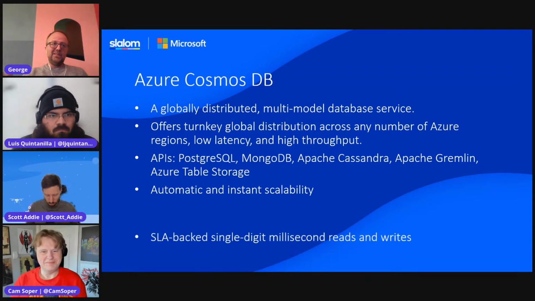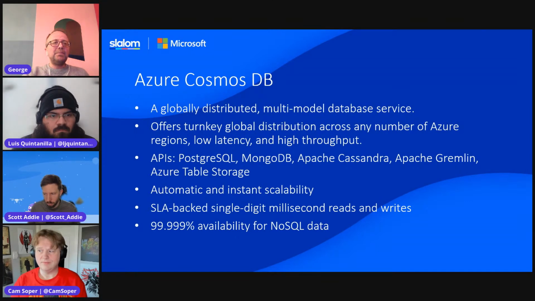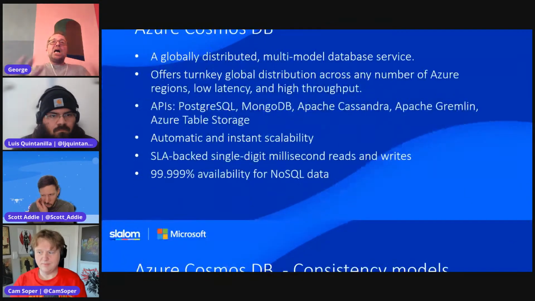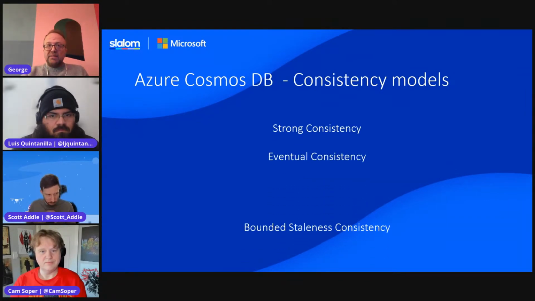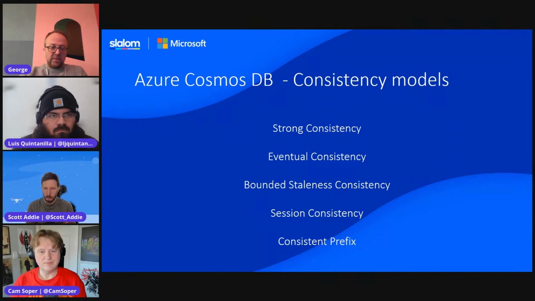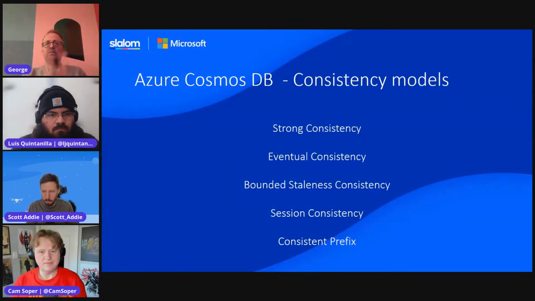Automatic and instant scalability, SLA-backed single-digit millisecond reads and writes, which is crazy, and 99.999 availability for the NoSQL data. It offers all of these things in 5 distinct models. Let me just check one second how we're still deploying. In 5 distinct models, I changed the order a bit from how you will find them in Azure's Cosmos DB, but